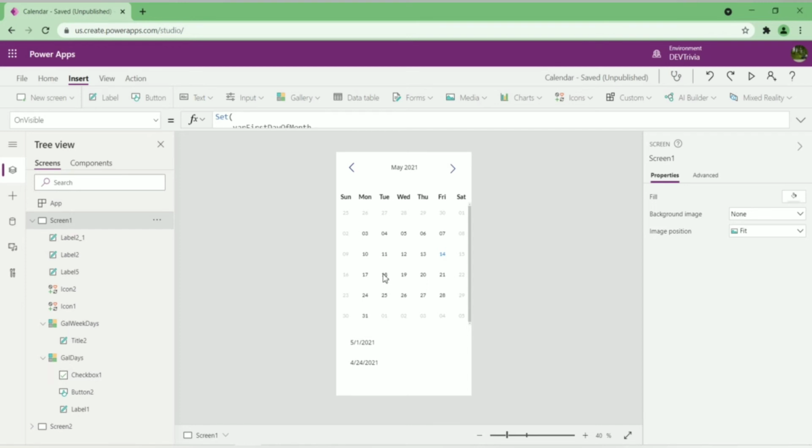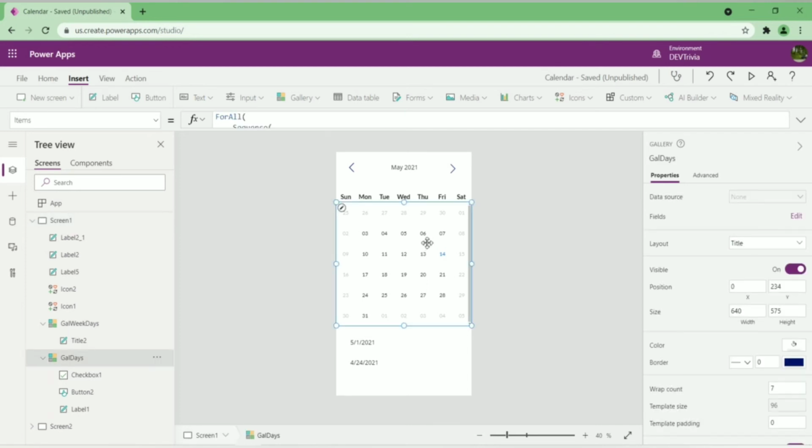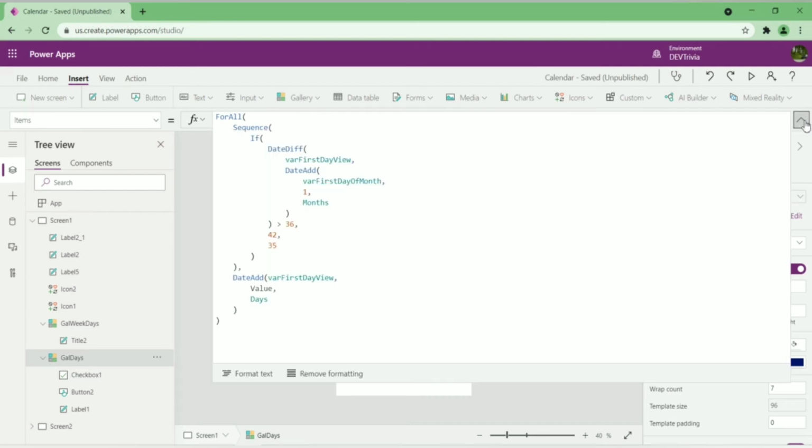The first thing that we need is to figure out the number of weeks for the calendar. Normally we need 5 weeks if the month's first day lies between Sunday and Thursday. But if the first day of the month lies on Friday or Saturday, then we need 6 weeks to show every day of the month. So we need to calculate the same now.